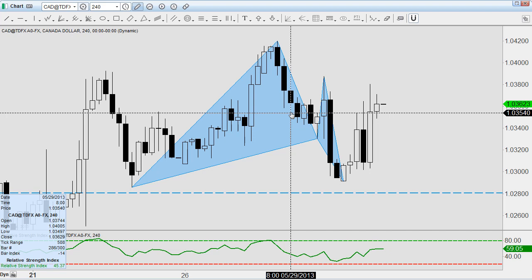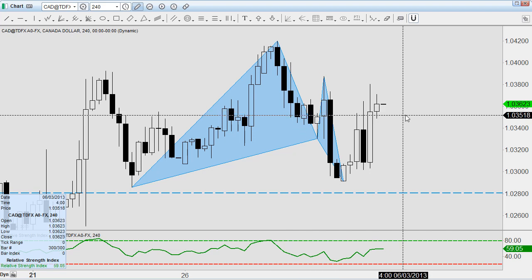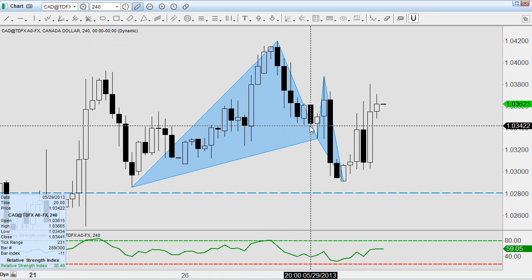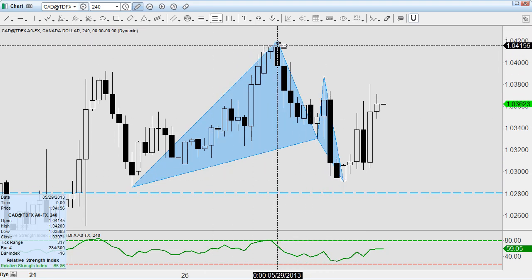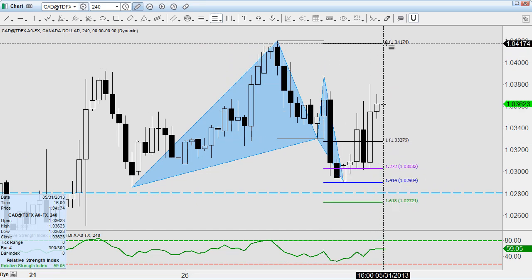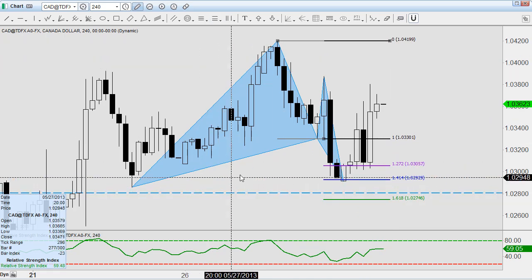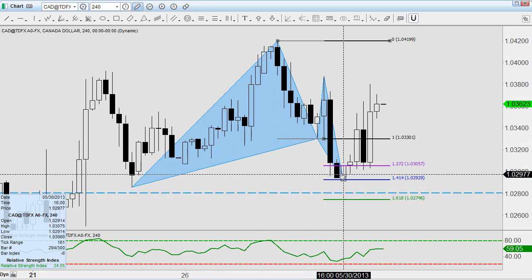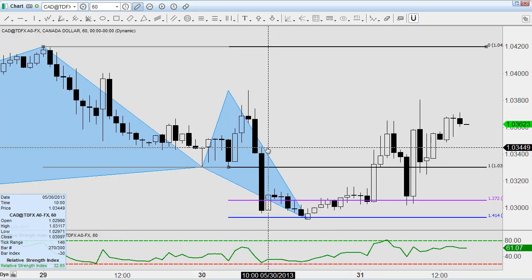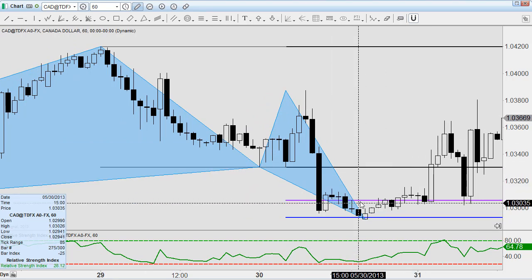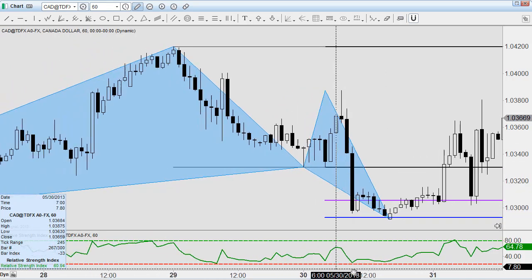Now, here's the interesting thing. What do we have coming in right behind this? Well, we have an initial leg, a pullback, and then a projection down into, boom, swing high to swing low, back up in, down into the 127 extension. Now, those of you who are cipher pattern traders, this is an interesting setup. Let's drop down to the 60-minute chart. You guys are going to see on this 60-minute chart